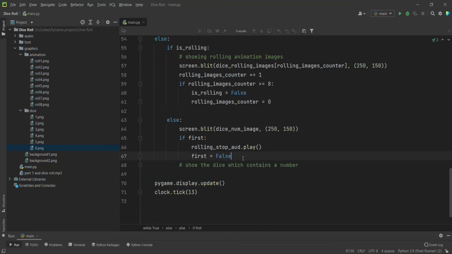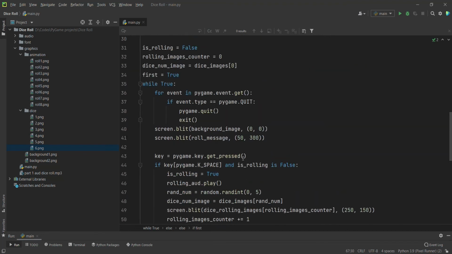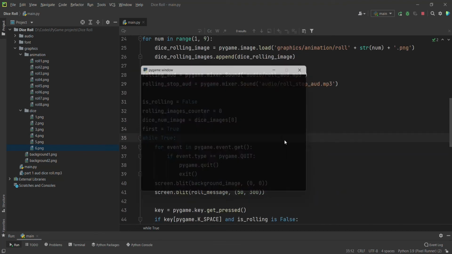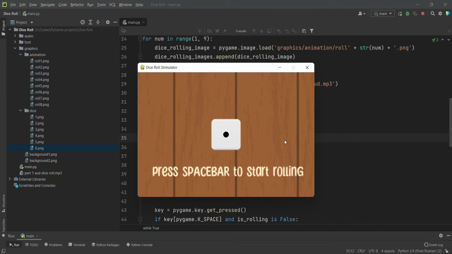Okay, so I think that we are done with our game. Let's test for the final time. Okay, we see the sound effect and we have our image, and we have the rolling audio as well, and we have got a perfect 6 here. I'm rolling again, we got 5,